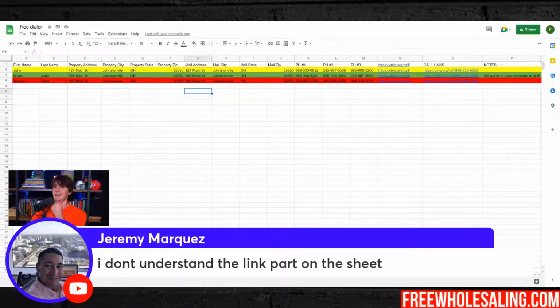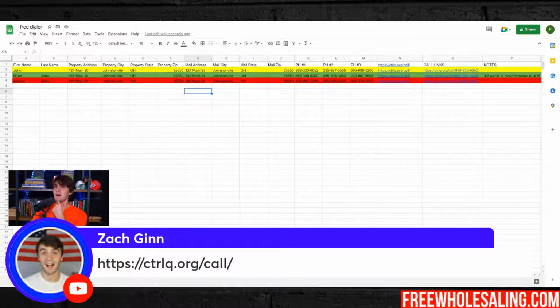So you say you don't understand the link part. As I already said here, you put the link, you paste it, and then you equal this and put it on the thing, and then you add in the phone number. If you have that full link done, you click it and it brings you back to Google Voice to instantly call. You go down the line. The reason I do the plus thing is because you have thousands of phone numbers. You can do it in like 5 seconds. It works really, really well. So hopefully that helped you.